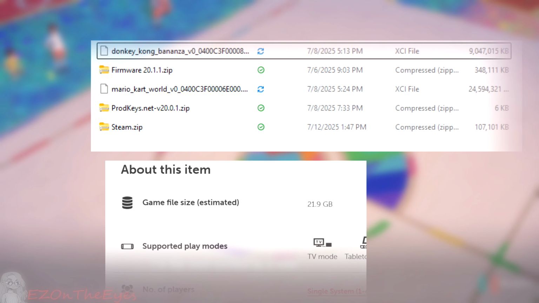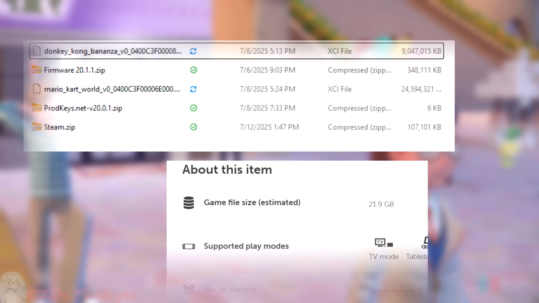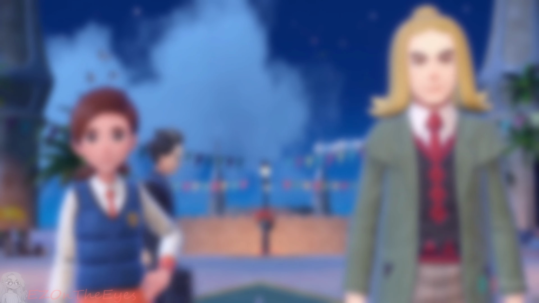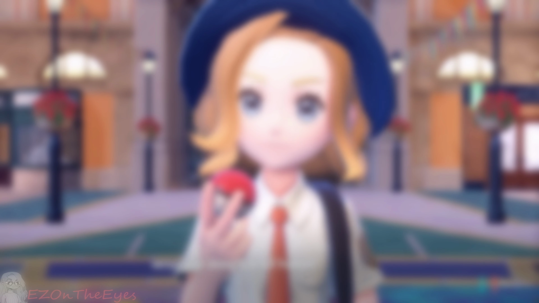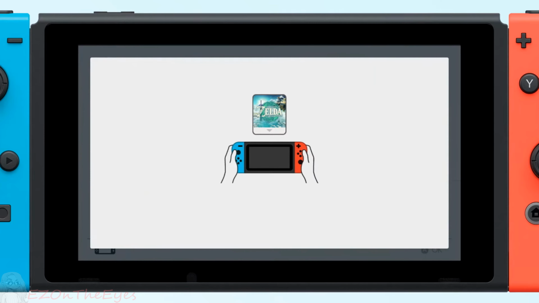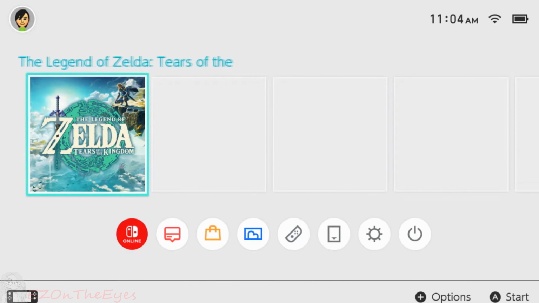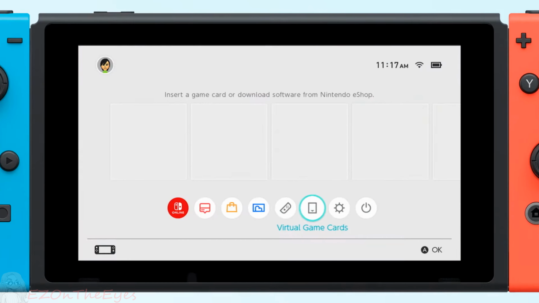The one piece of credit that I will give to the hoaxers is that they actually inflated the file sizes to what Nintendo lists them as on the official website. According to the minimal amount of system documentation that we do have, the Switch 2 does reuse the Switch 1's XCI and NSP format. And according to data I've previously handled in regards to this system, this is true. However, due to Nintendo's new DRM and virtual cartridge practices, it is very unlikely that we will see legitimate dumps of Nintendo Switch 2 games for a long period of time.